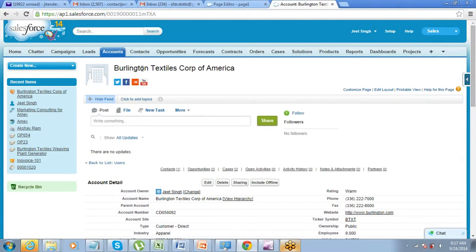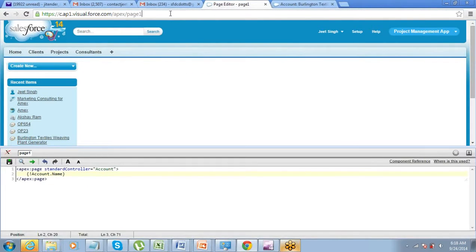I have opened this Burlington Textile Corp. Pick the ID of any record. Copy the ID from here in the URL. This is where you get the record ID. Any record, if you open on Salesforce, at the top you will get the record ID. Copy it and bring it to your Apex page URL.